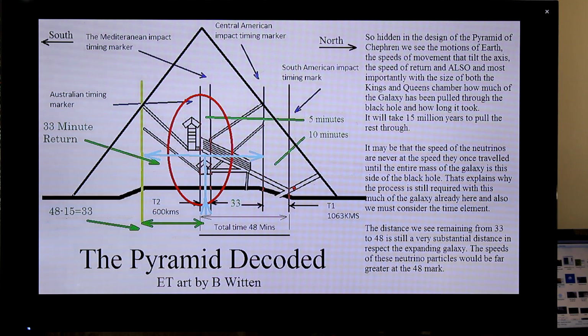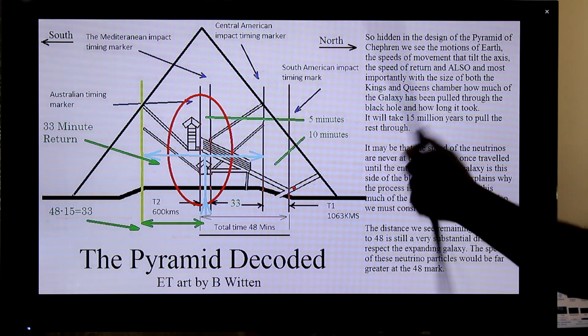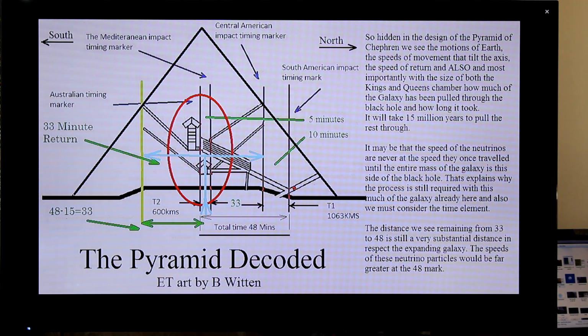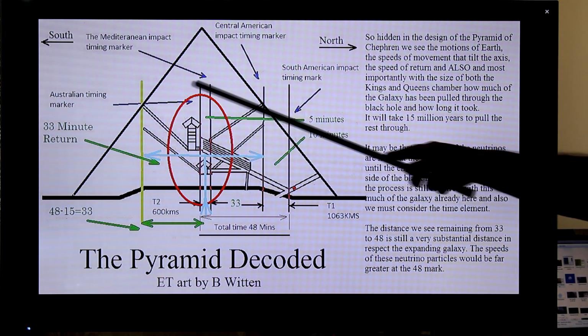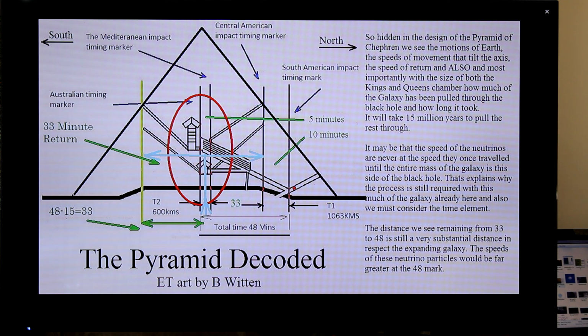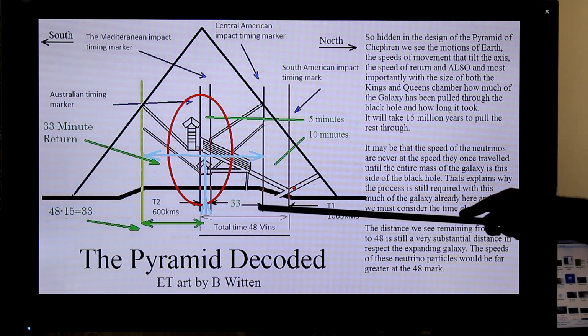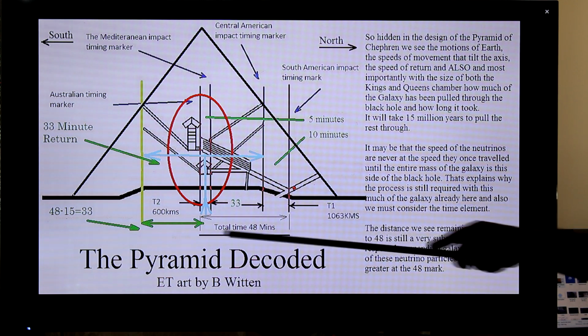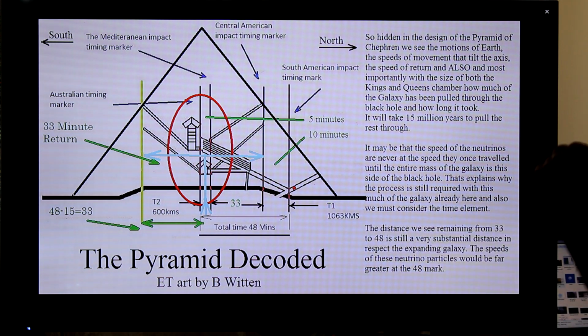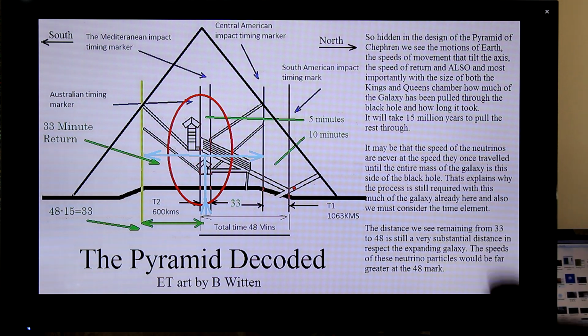Now, I brought back up the cross-section of the Pyramid of Khafre. It does record the movements of Earth and the speeds when the tilting of the axis happened. It's not the only thing it records. Within the portion here circled, and within the ratios of 33 and 48, we are being told how much of the galaxy has actually been pulled through the